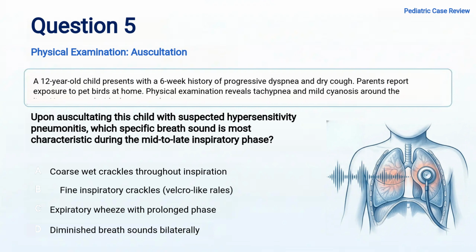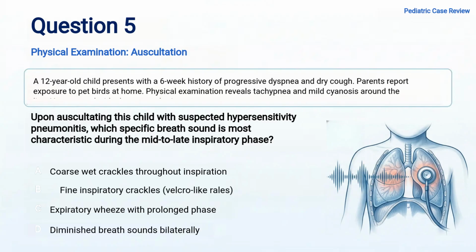Parents report exposure to pet birds at home. Physical examination reveals tachypnea and mild cyanosis around the lips. You proceed with chest auscultation. Upon auscultating this child with suspected hypersensitivity pneumonitis, which specific breath sound is most characteristic during the mid to late